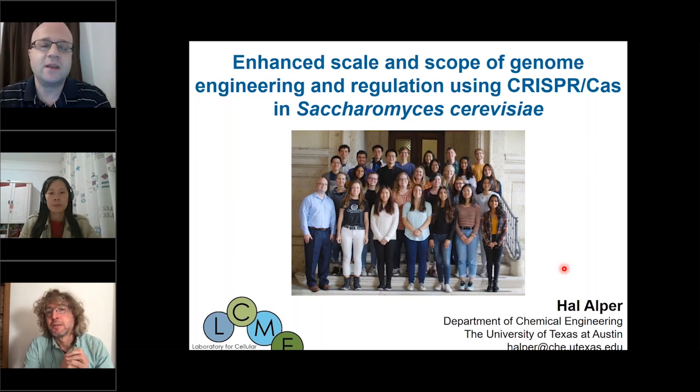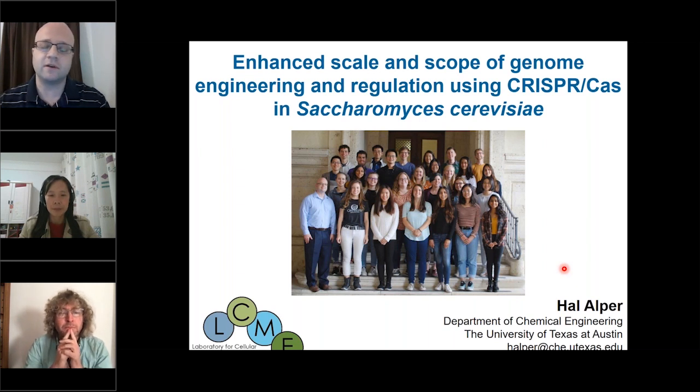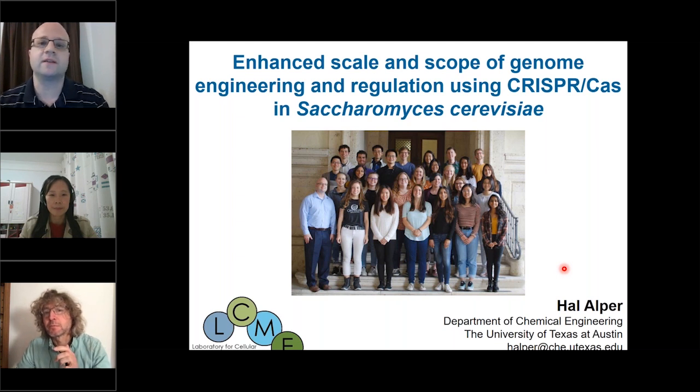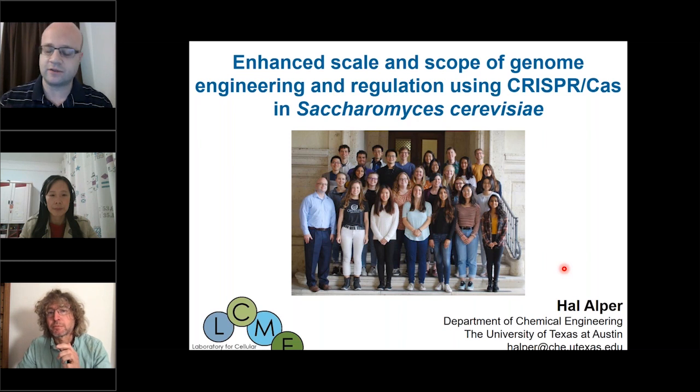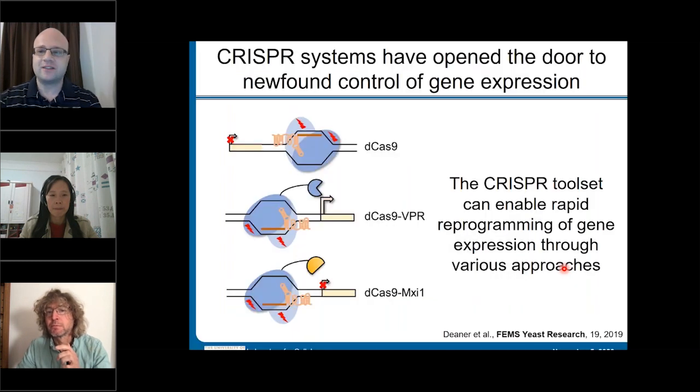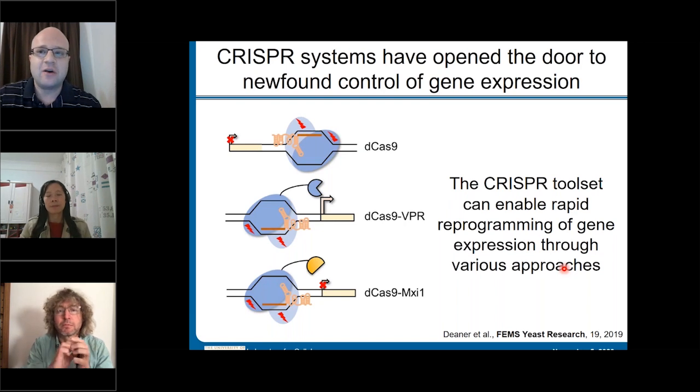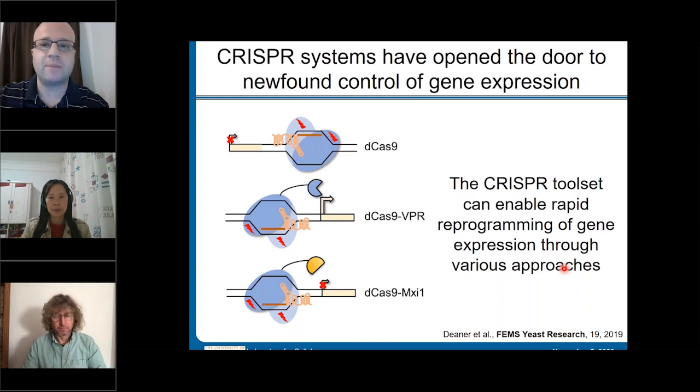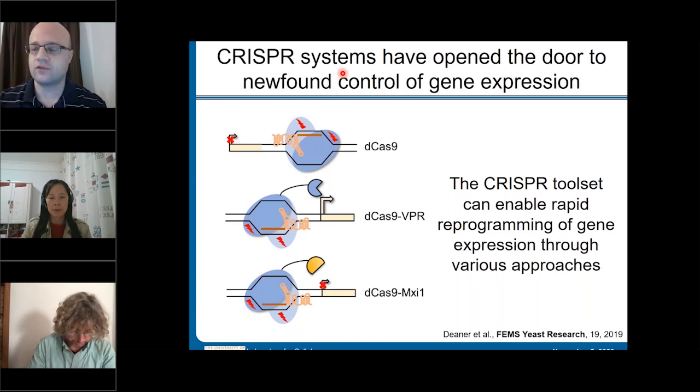And as John mentioned, I'm here today to talk about some of the topics that were relevant in our review article, but mostly the discussion of how CRISPR-based technologies in particular have been used not just for metabolic engineering, but for newfound ways to do functional genomics and general understanding of gene function. Needless to say, the CRISPR revolution is here, and we have a new set of tools. These tools can be used for genome editing, but also for gene expression control. And really the topic I want to talk about today is the way in which we can use CRISPR-based systems for the control of gene expression.